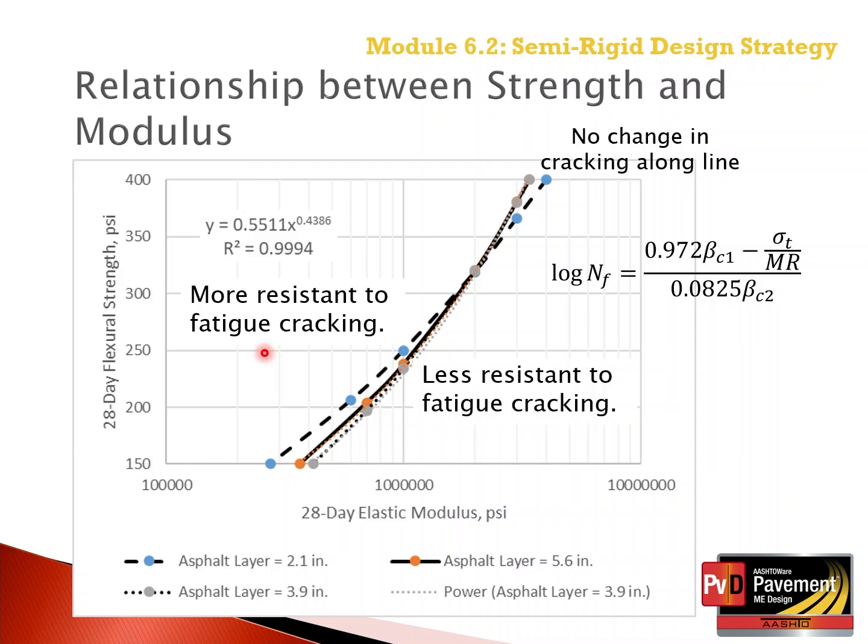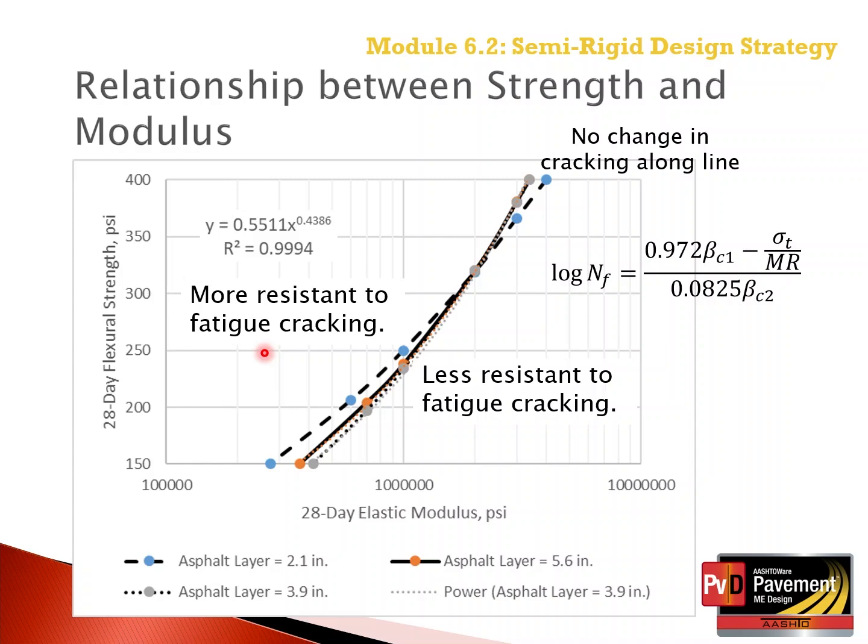We reviewed this concept as part of Module 5 when we were discussing the fatigue characteristics of Portland cement concrete, those measured in the laboratory and as applied in the Pavement ME design software. So for chemically stabilized layers that have sufficient flexural strength, that same fatigue concept applies to the stabilized